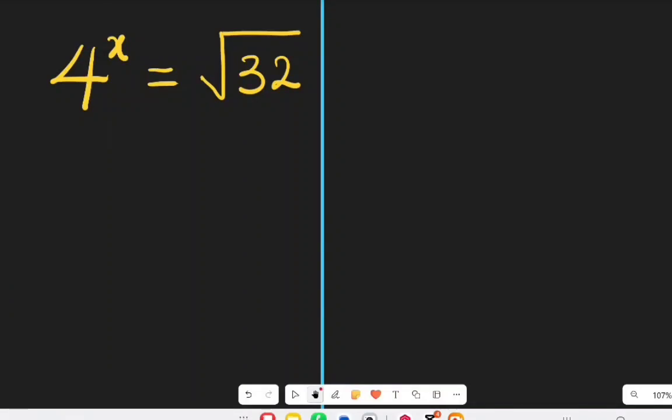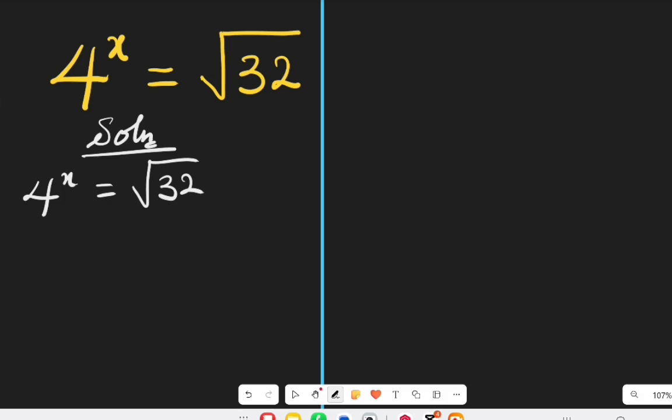Today we are going to solve this exponential root equation. We start by saying, solution: 4 raised to the power of x equals root 32. What we do on the left hand side, we put 4 in base 2, which will give us 2 raised to the power of 2, all raised to the power of x, equal to,